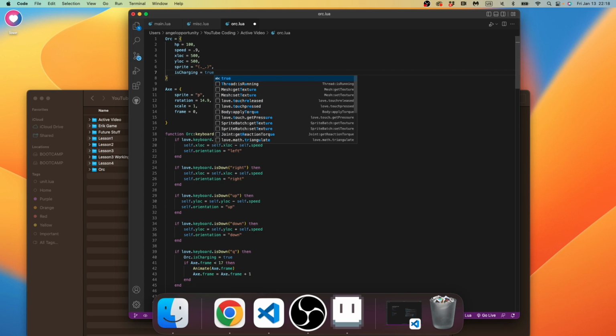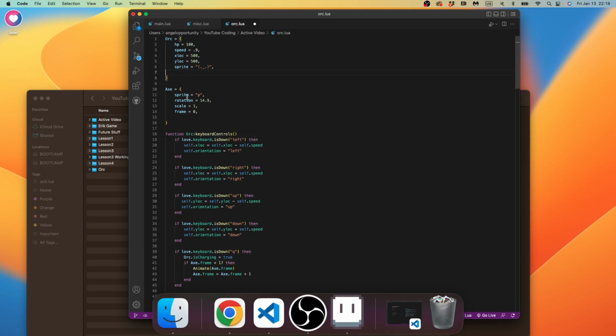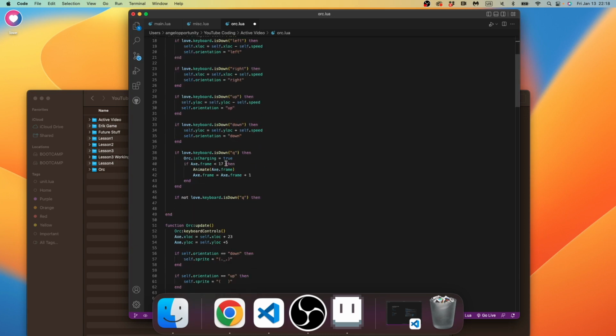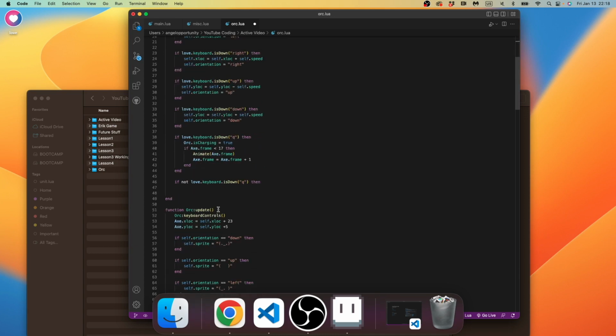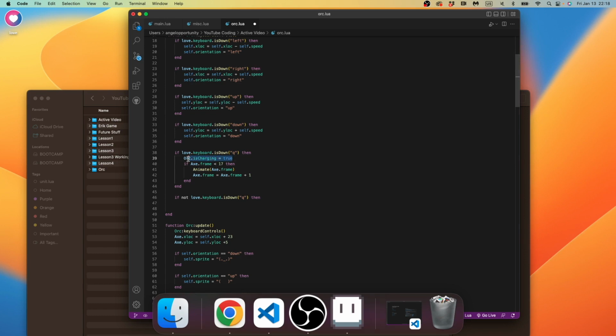It's called a Boolean, so it can either be true or false. And so as soon as you press down Q, orc is now charging. Okay. So now for this if not Q thing,